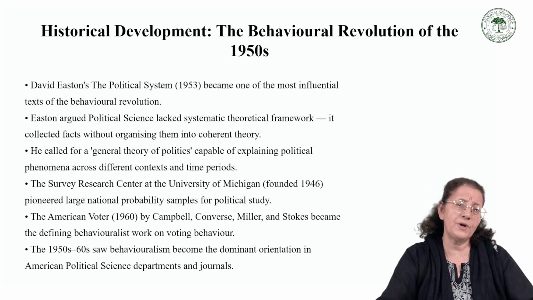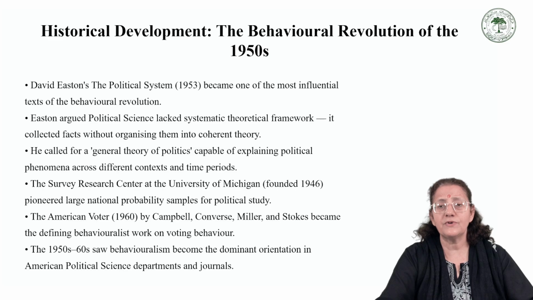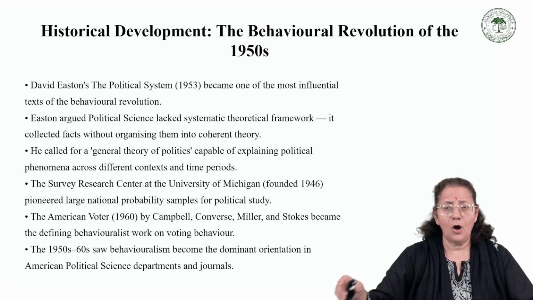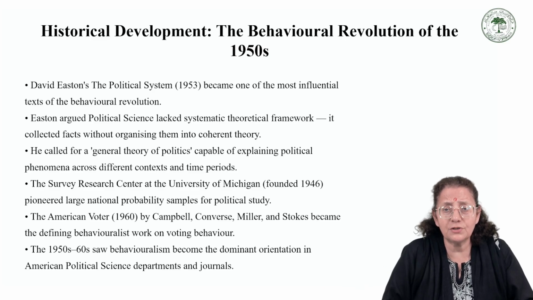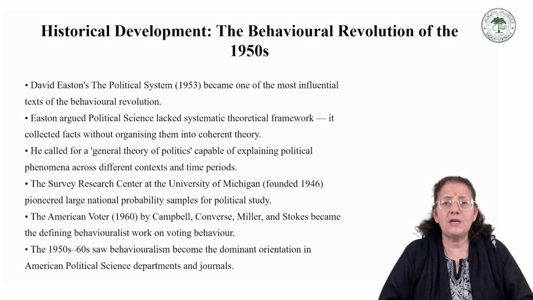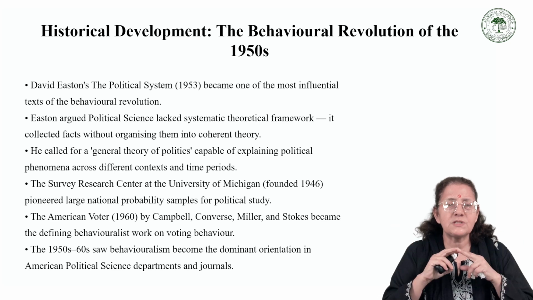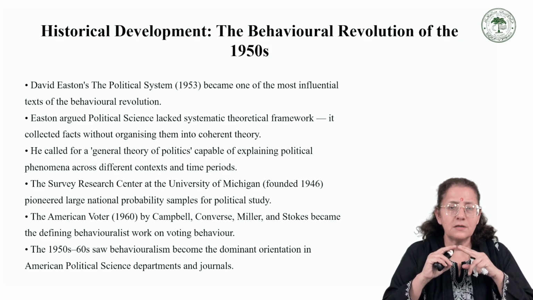The behavioralist movement was also powerfully shaped by the development of the Survey Research Center at the University of Michigan, founded in 1946. The Michigan Center pioneered the use of large national probability samples for the study of voting behavior and political attitudes. Its landmark study, The American Voter, published in 1960 by Angus Campbell, Philip Converse, Warren Miller, and Donald Stokes,